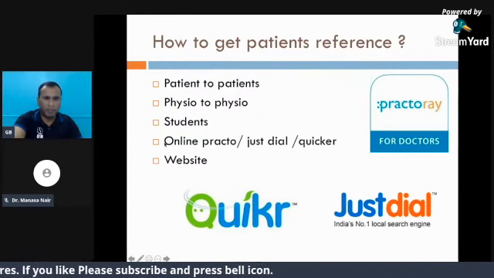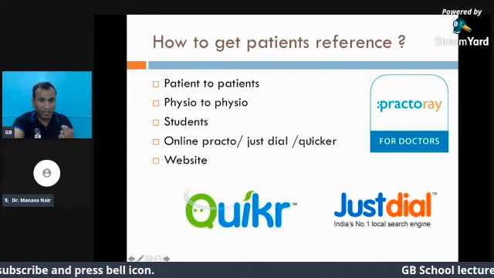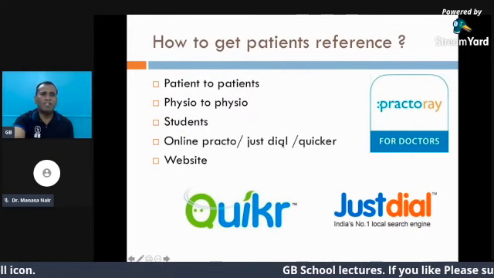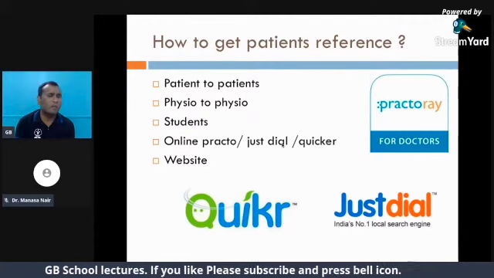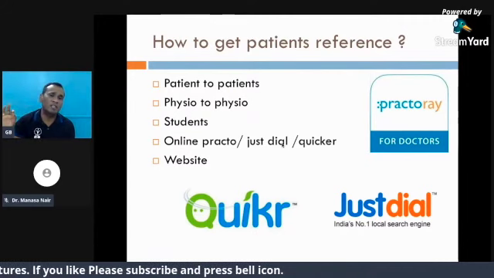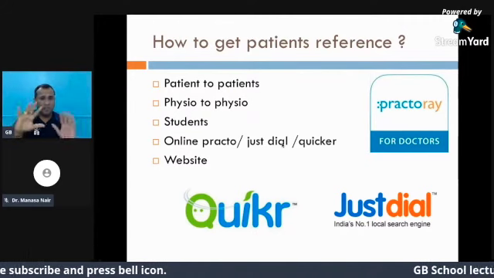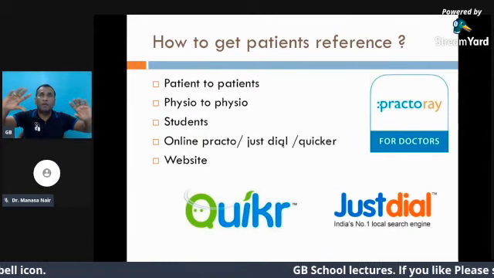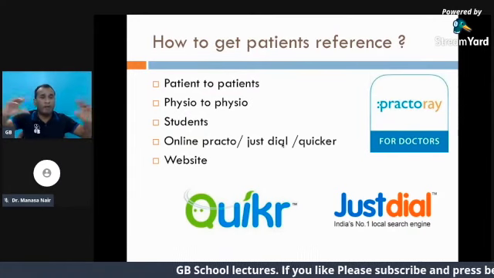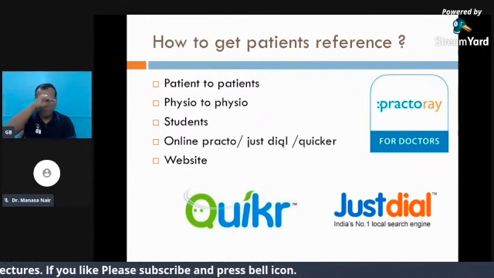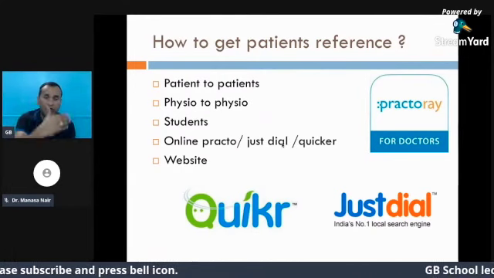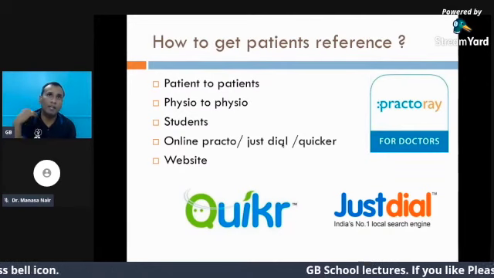So here I am talking about two formats. One is a free account, one is a paid account. On Practo and Just Dial, you can have a free account. Your name will be listed there, your information will be listed there, but your phone number is not listed in a free account. This free account you can use to get your name in public, or declare your charges on a public platform.